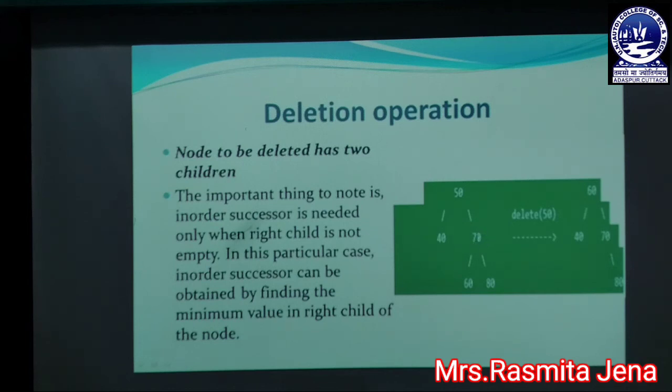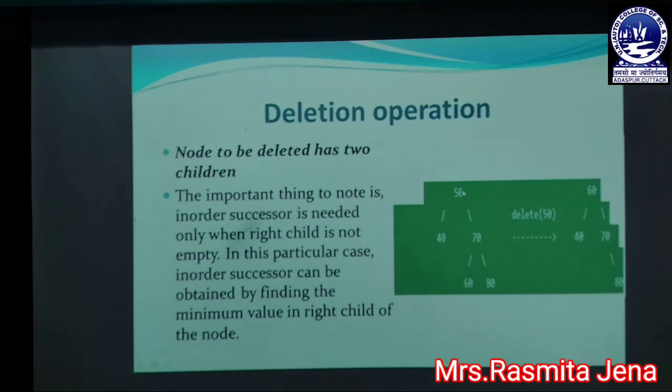When we go for the right subtree, there is another subtree. So first we traverse the left subtree, that is 60, then we traverse the corresponding root node, that is 70, then we traverse the right subtree, that is 80. So our traversal result is 40, 50, 60, 70 and 80, and we want to delete the node 50. When we want to delete the node 50, we need its in-order successor. During traversal, after 50 the element 60 is traversed. This 60 is the in-order successor of the node 50.